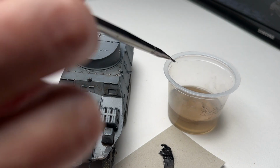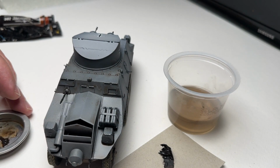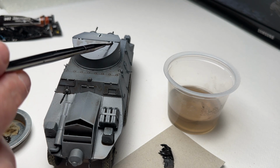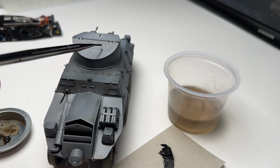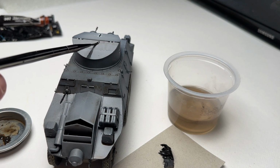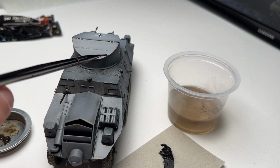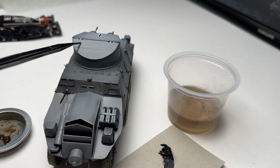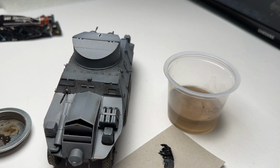yeah, that's starting to look really, really good. Put some on here. I mean, you can use the same brush, doesn't matter. But yeah, start at the top, let it roll down, let it come down naturally. Sometimes you can put a little bit, just let it fall. Yep. And if you get too much, I work it around into the cracks, bring it up, bring it down here, just giving it that weathered look, like it's got dirt and grime. It's just kind of sat on the vehicle and